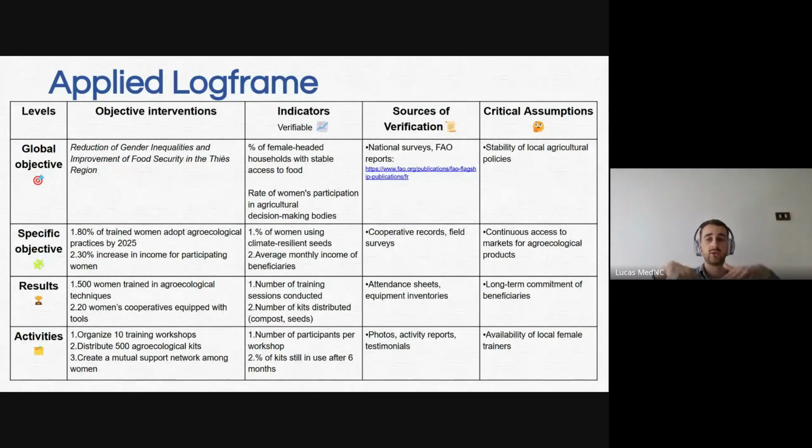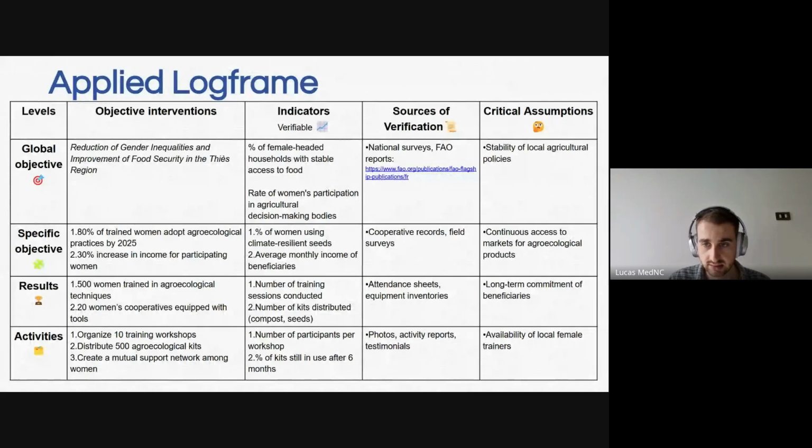So always thinking ahead, with a long vision. It's the same for the women trained. It's good to know how many people you train, but at the same time, what did they get from the training and what did they think about it? So it's good to also have surveys and feedback on this. Do you have any questions for this log frame?